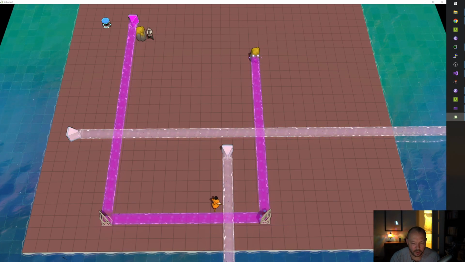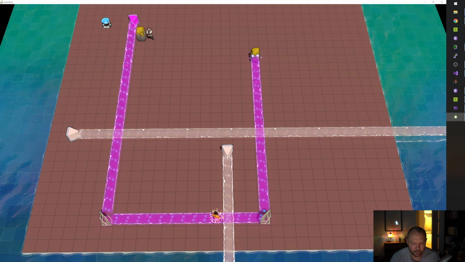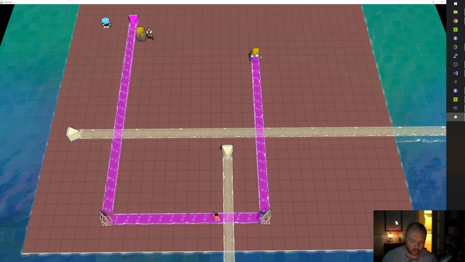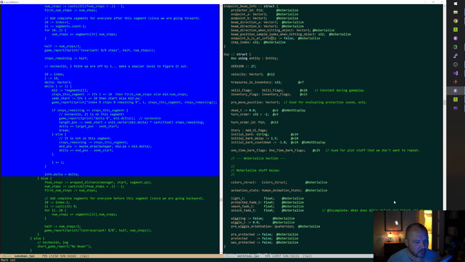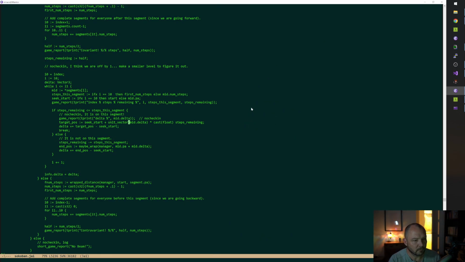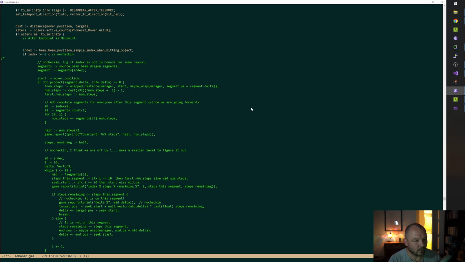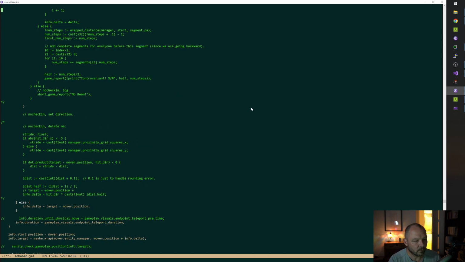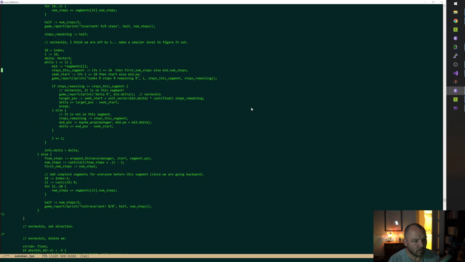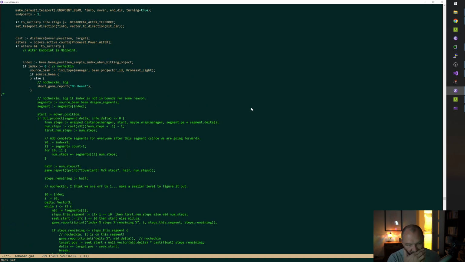Okay, so as you can see, we're just going one square now. All this code is removed. Okay. Now, we're going to keep this part, this if source beam part. That still makes sense.